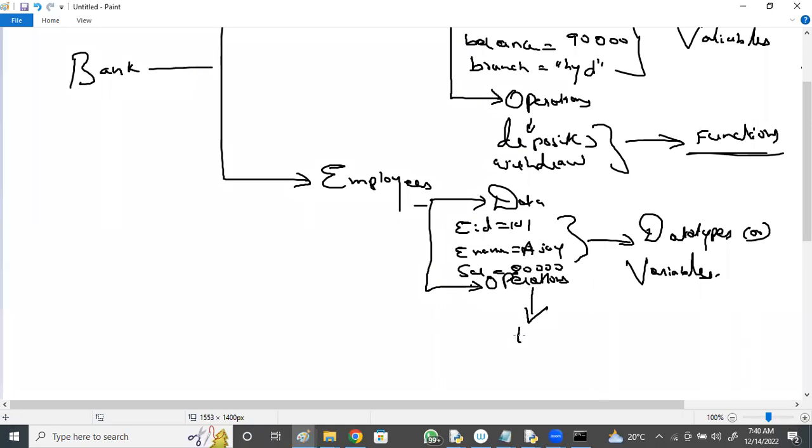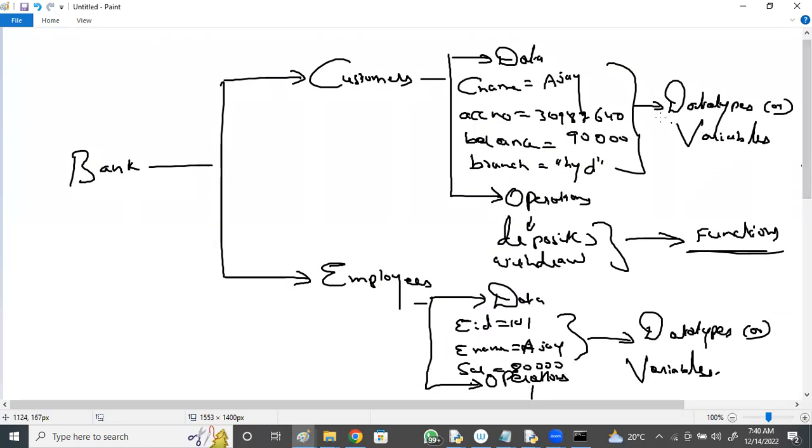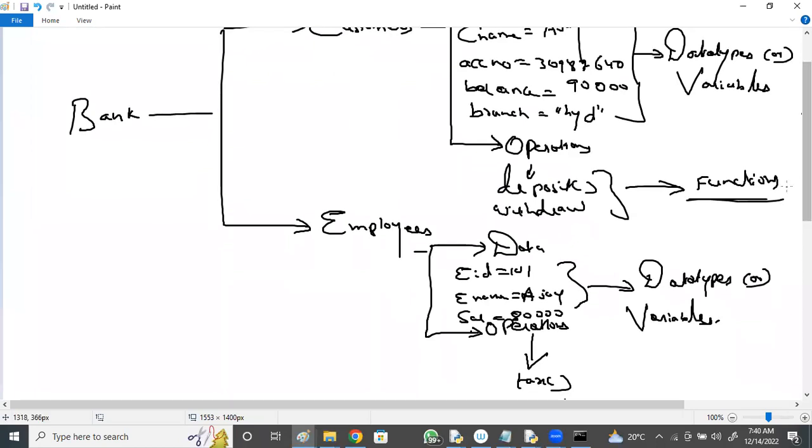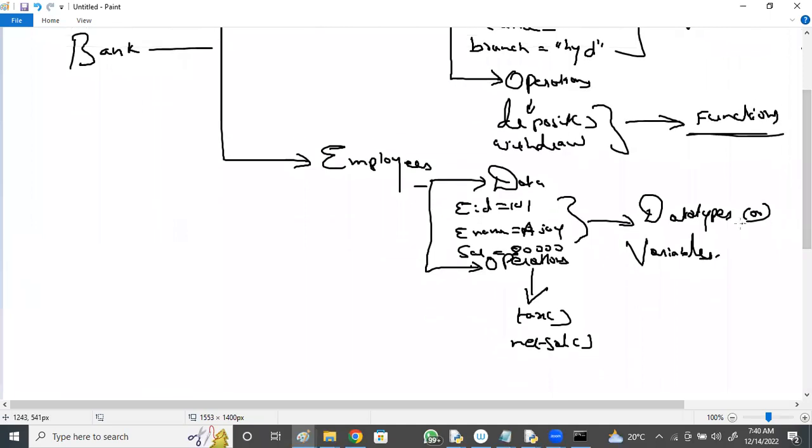Operations like calculating tax, calculating net salary. Data is represented using data types or variables. Customer data, customer functions. Employee data, employee functions.